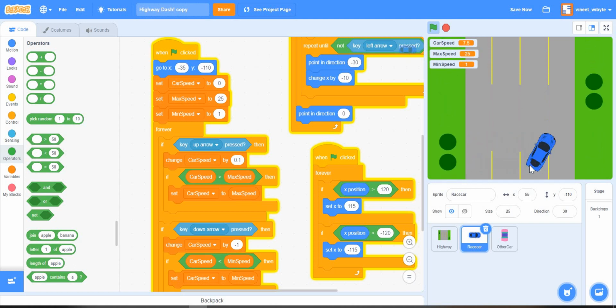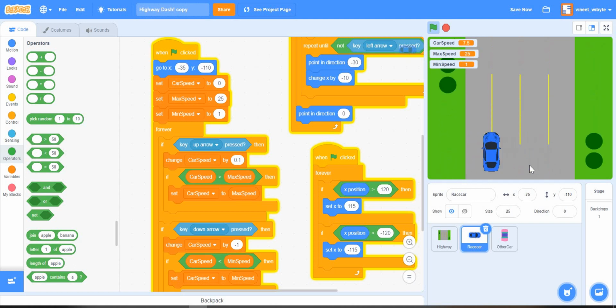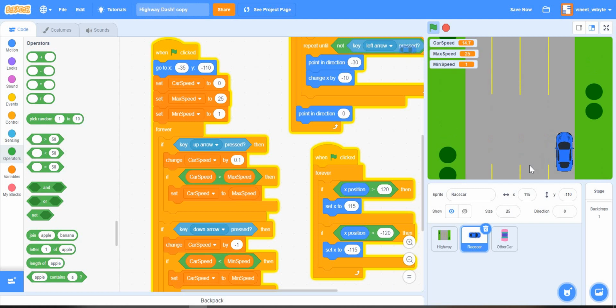Now, like I said in the very beginning of this video, do not try this in real life, because this kind of driving is very risky. We should drive on our lane only. But then this is just a game, and it's just for fun, right? So for us to learn.